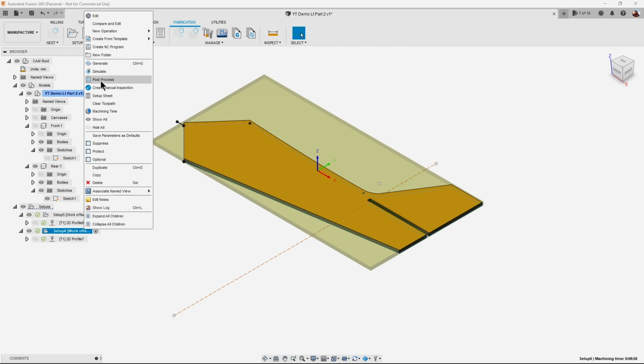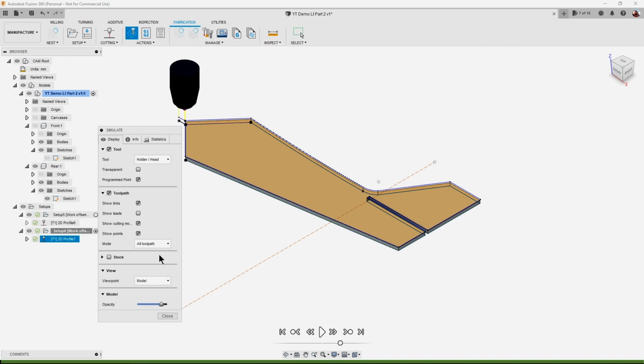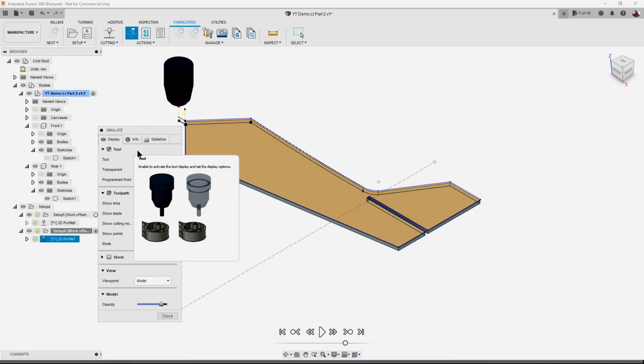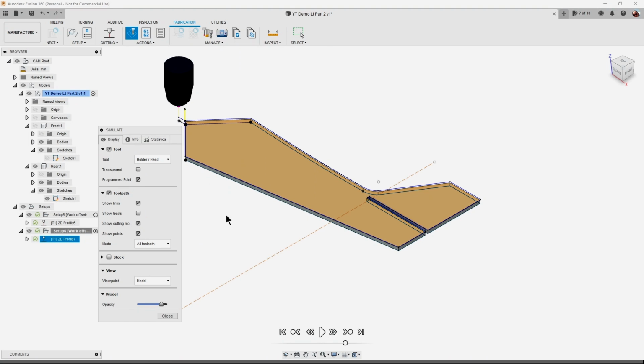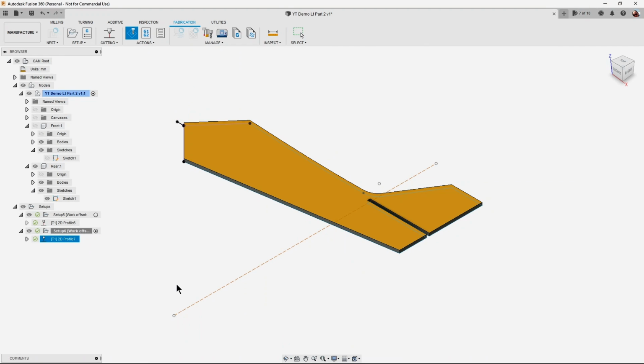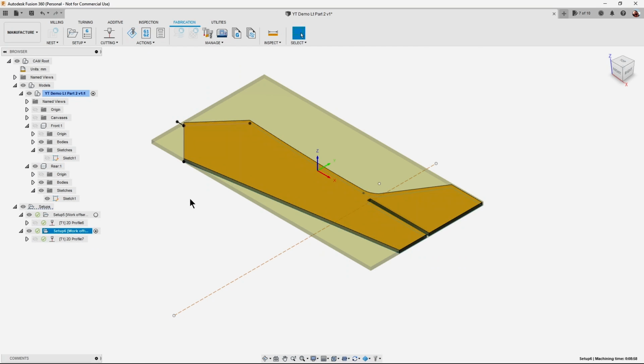Now if we simulate that, if we go onto the setup and simulate the whole thing, so that looks to have done okay. So what we want to make sure is the code starts at 0, 0. Don't do it this way with bodies, it tries to start this job way down the foam cutter. So let's